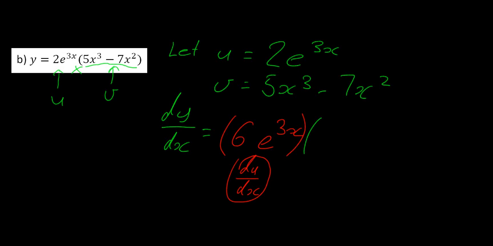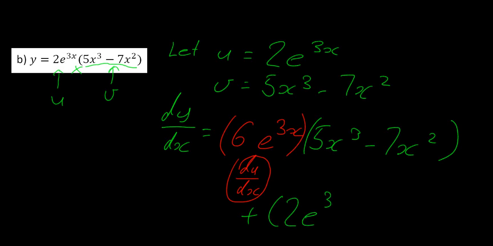And then we're going to leave v, 5x cubed minus 7x squared plus, and we're going to leave u this time. So u is going to be 2e to the 3x, and differentiate v this time. So we get,